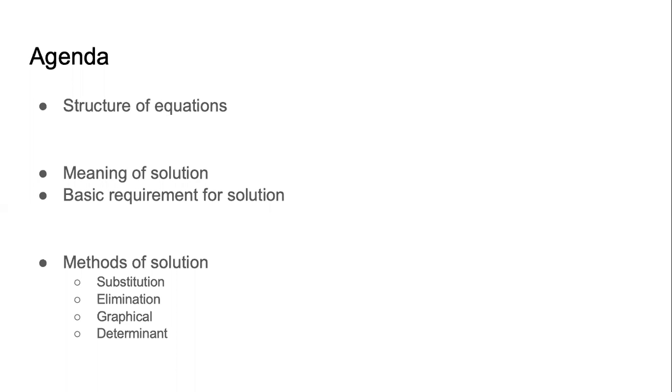Right? So when I said that if you don't remember or don't study the class 9 things, so even if you don't know substitution and elimination, you need to know the structure of equations, the meaning of solution, the requirements for solution. These are basic things, because without which we will not be able to solve any linear equation in two variables using even the graphical and the determinant method. That is why both chapters are necessary.